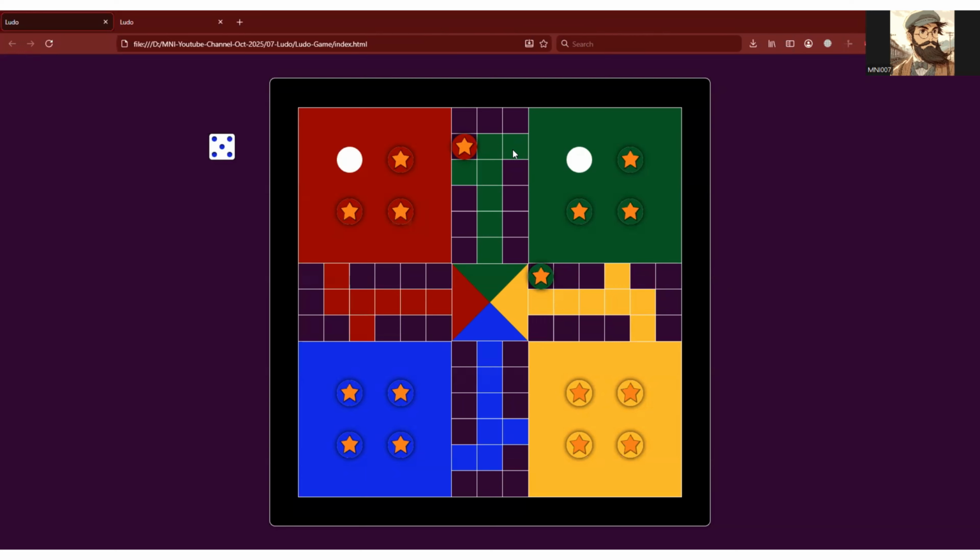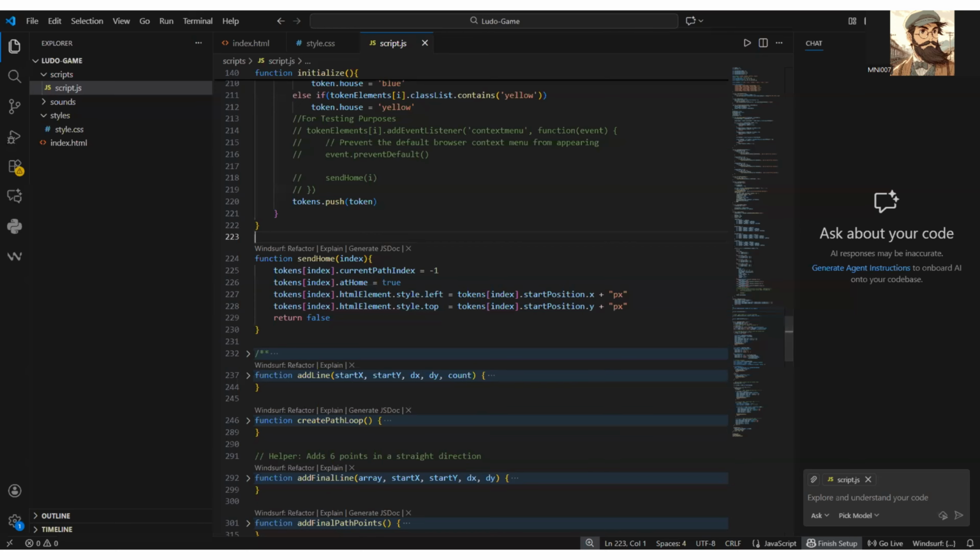So to fix that, we would make it so that whichever player is active, and whichever player is on the current turn, their tokens should appear on top always. So let me quickly add that. So basically, we would need another function which we would call